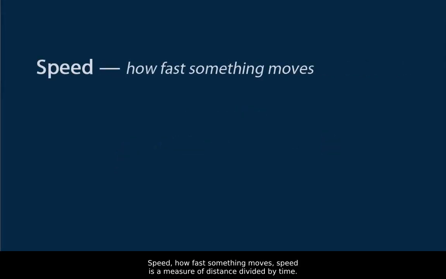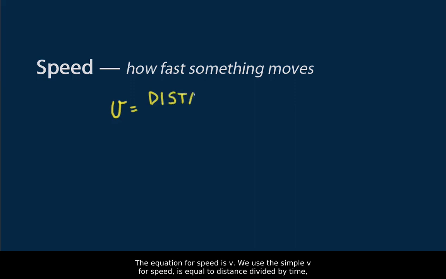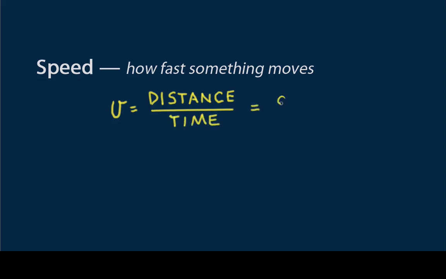Speed, how fast something moves. Speed is a measure of distance divided by time. Distance per time, like miles per hour or meters per second. The equation for speed is v, we use the symbol v for speed, is equal to distance divided by time, or in shorthand notation, d